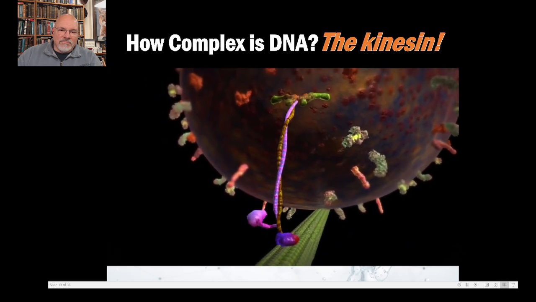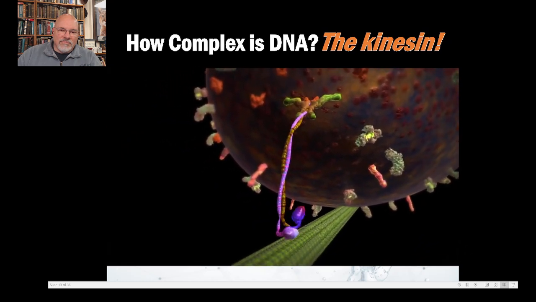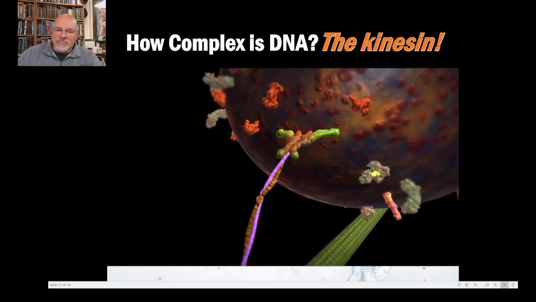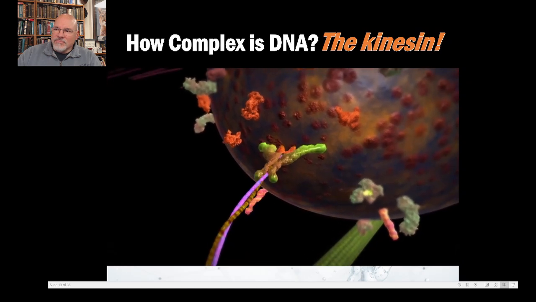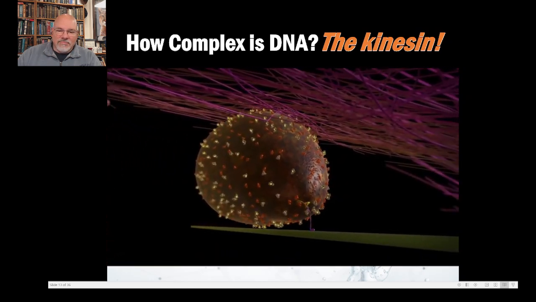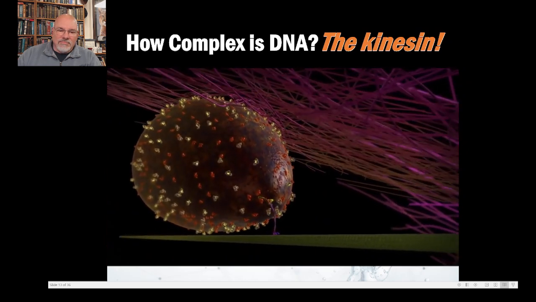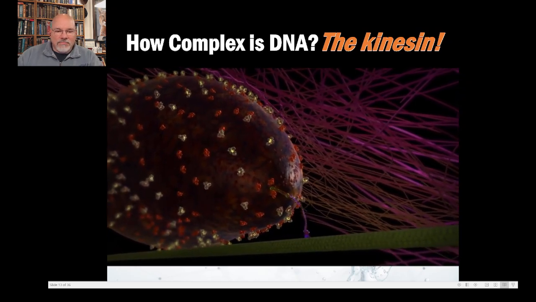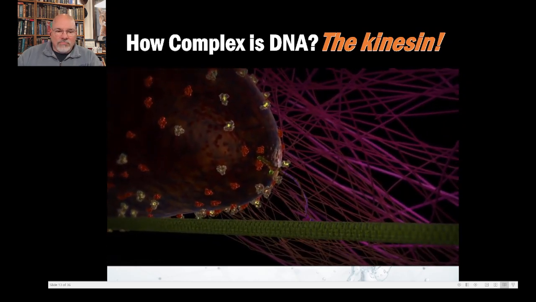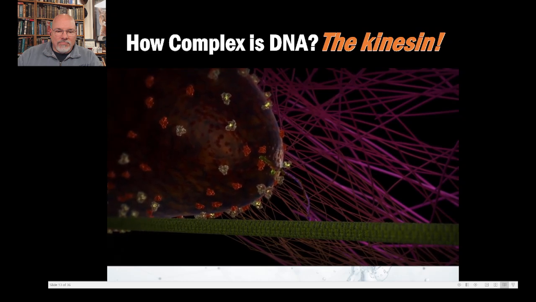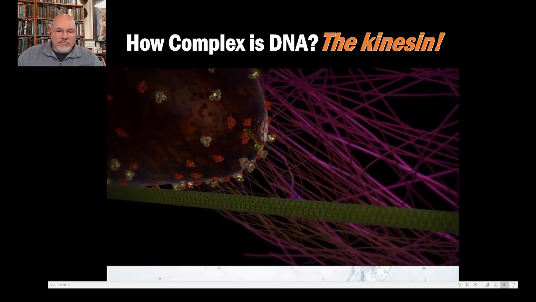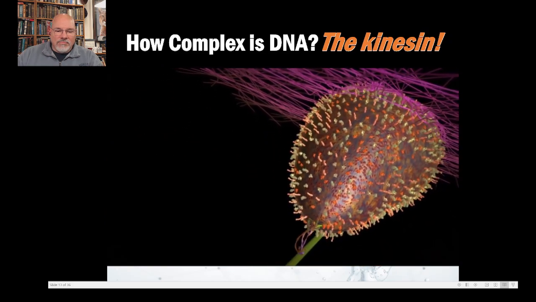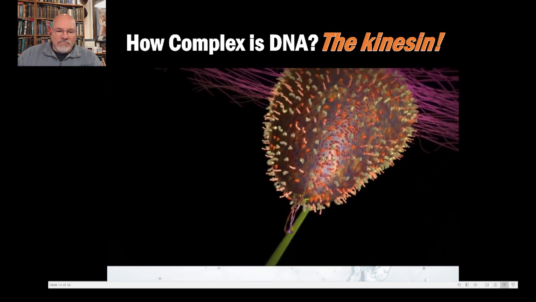Each foot has a short neck which is connected to a strand of a long coiled stalk. At the end of the stalk is a fan-shaped tail which holds tightly to the cargo being transported. Kinesins can carry cargo that are many times their own size. Sometimes a kinesin is in danger of getting stuck on the microtubule highway because of blockages caused by other cellular components. To get around such obstacles, multiple motor proteins may be used to carry a single piece of cargo, together providing enough force to break free.